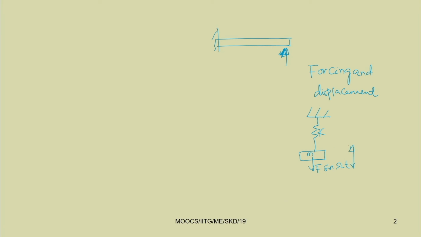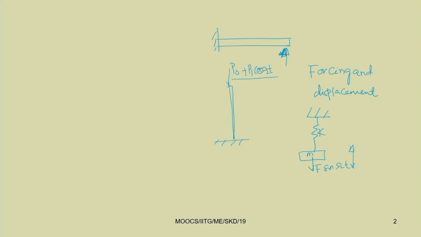But let us take another example where we have a column. In this column, let us apply a force in the vertical direction. Let us apply this buckling force, that is, instead of a constant force P, let us apply a force P 0 plus P 1 cos omega t. So, let us apply a periodic force. You already know about the Euler buckling load.